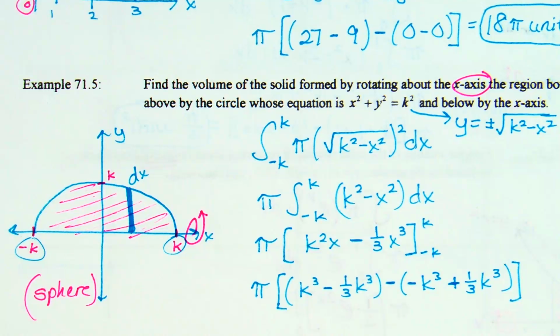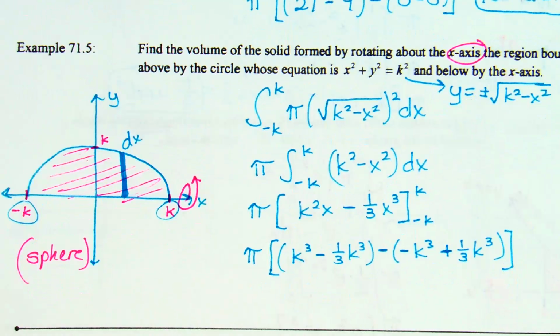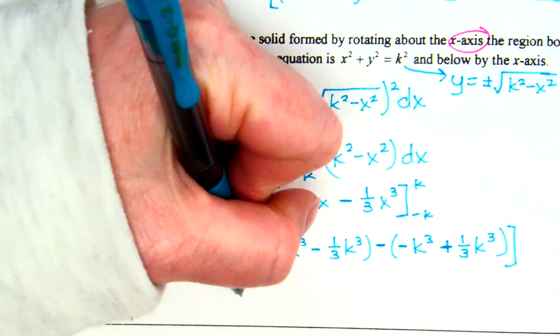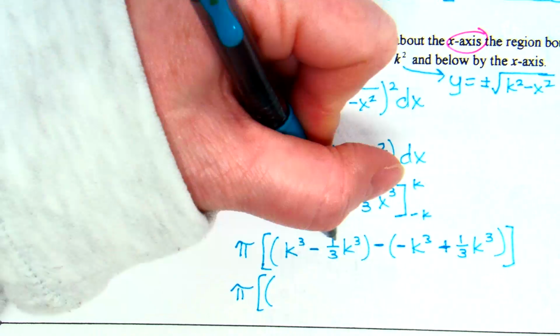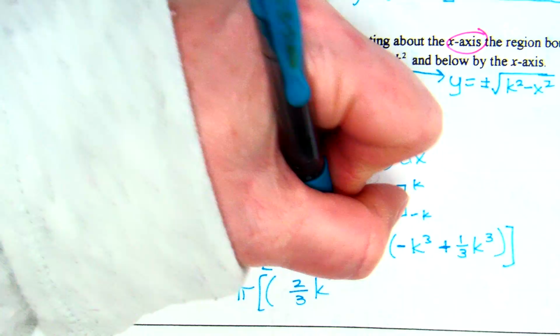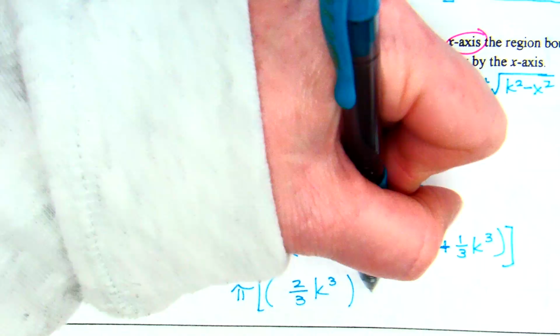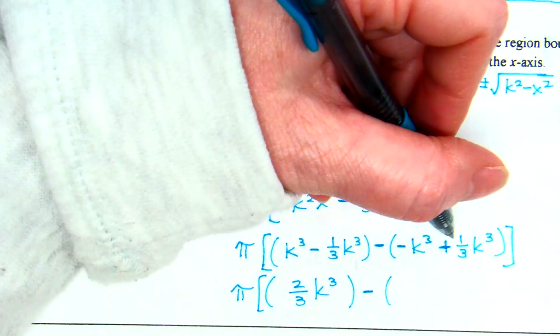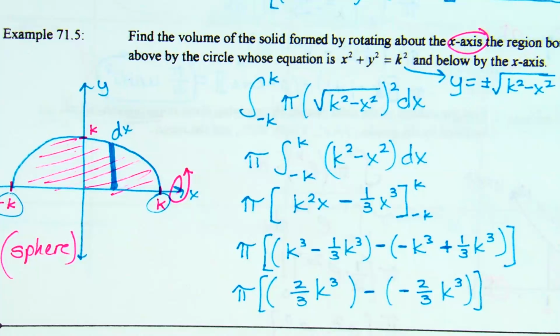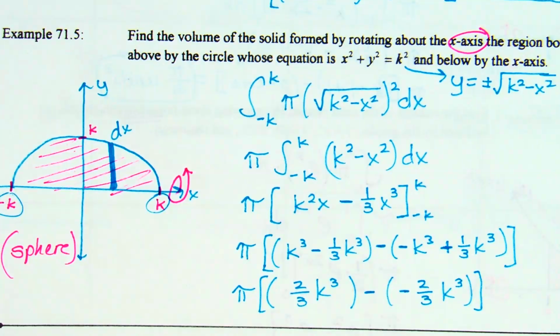You can do this however you want. If we stay within the parentheses, you've got 1 k cubed minus 1/3 k cubed. 1 minus 1/3 is 2/3 k cubed. Minus, what's negative 1 plus a third? Negative 1 plus a third is going to be negative 2/3 k cubed. So 2/3 minus negative 2/3 is